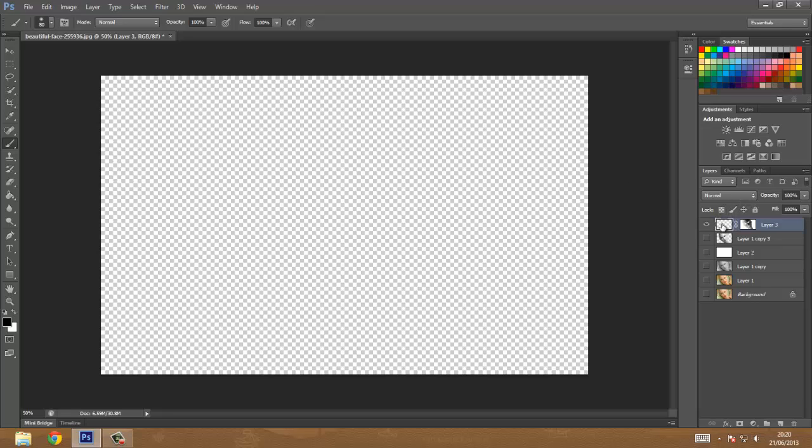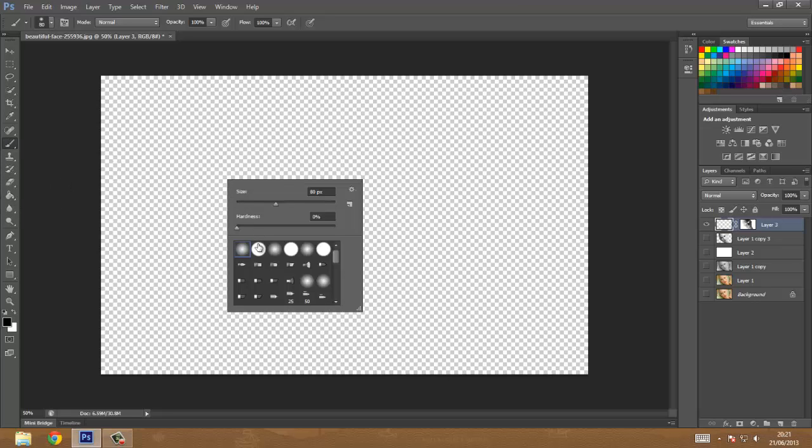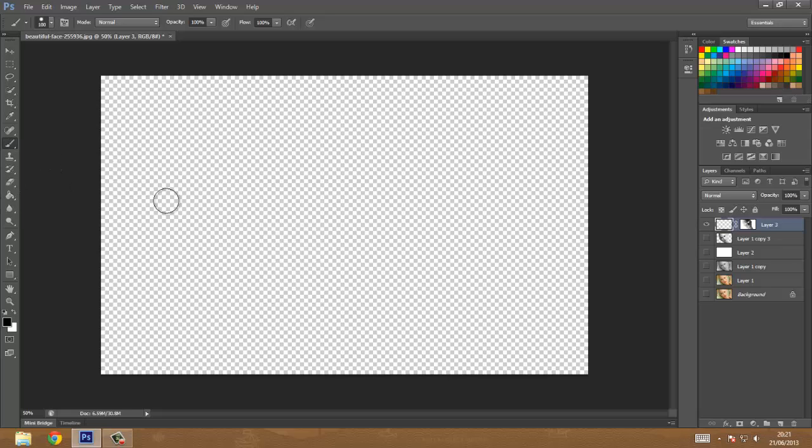And now this is where we get our brush. So for example, if I get a black brush, so right click and choose this brush, and if I just paint anywhere, it's bringing the picture back in. But what we want is the picture to come back as a text. So what I'm going to do now, I'm going to delete everything I just painted here,